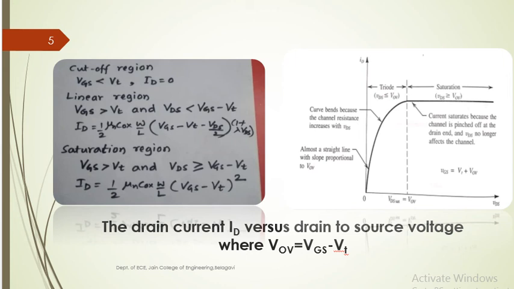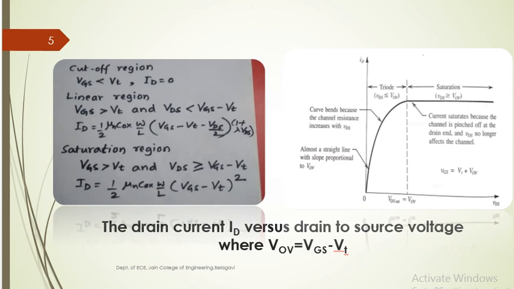In saturation region, still VGS is greater than VT, the channel is formed, and enough charge carriers are there below the oxide layer. Now if you go on increasing VDS beyond VGS minus VT, the current, instead of increasing, starts almost remaining constant. This we call saturation. Even though you are increasing VDS, the current is not increasing linearly, so it is getting saturated. This current equation is given by ID is equal to half mu n CoX W by L, VGS minus VT square. So these three regions we can see: cutoff, linear or triode region, or ohmic region.